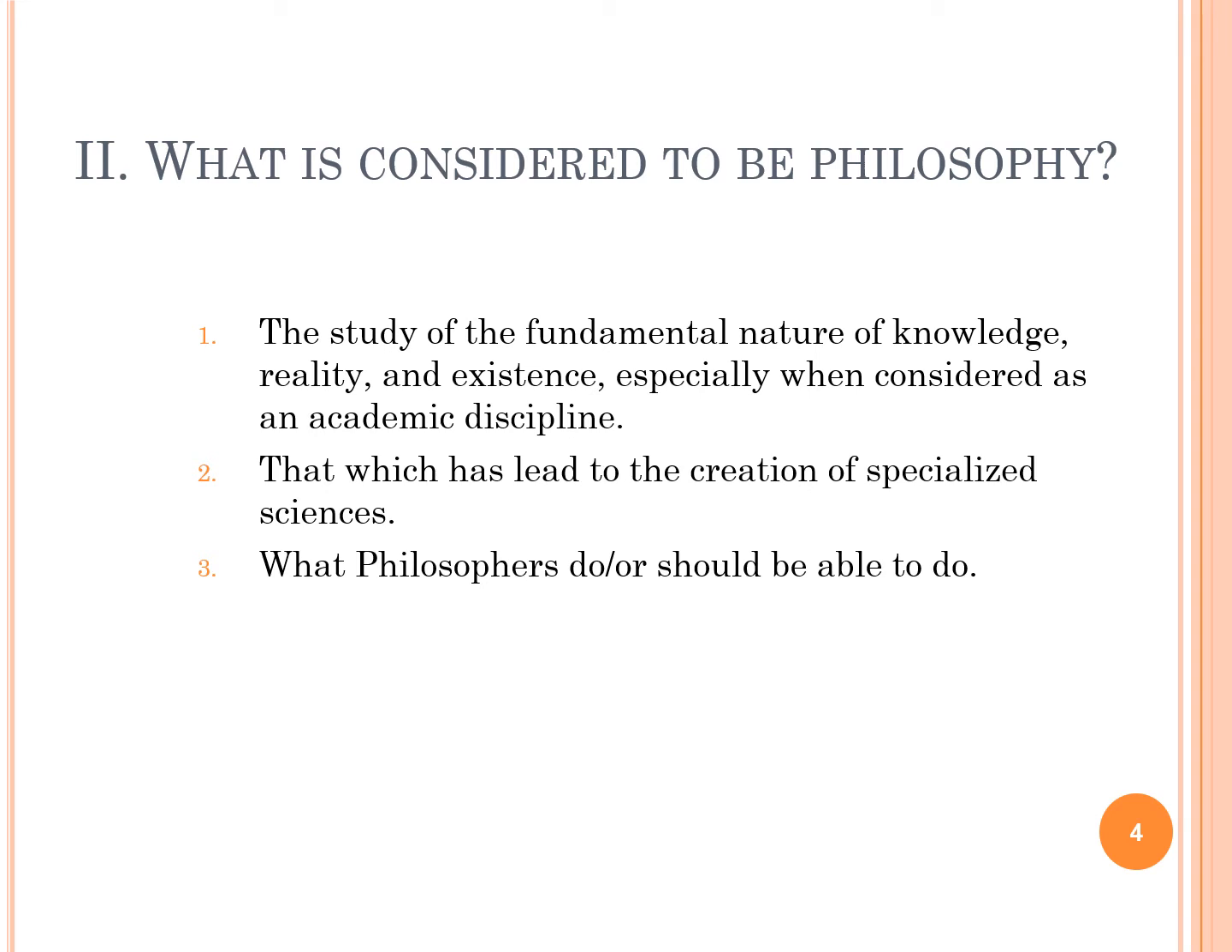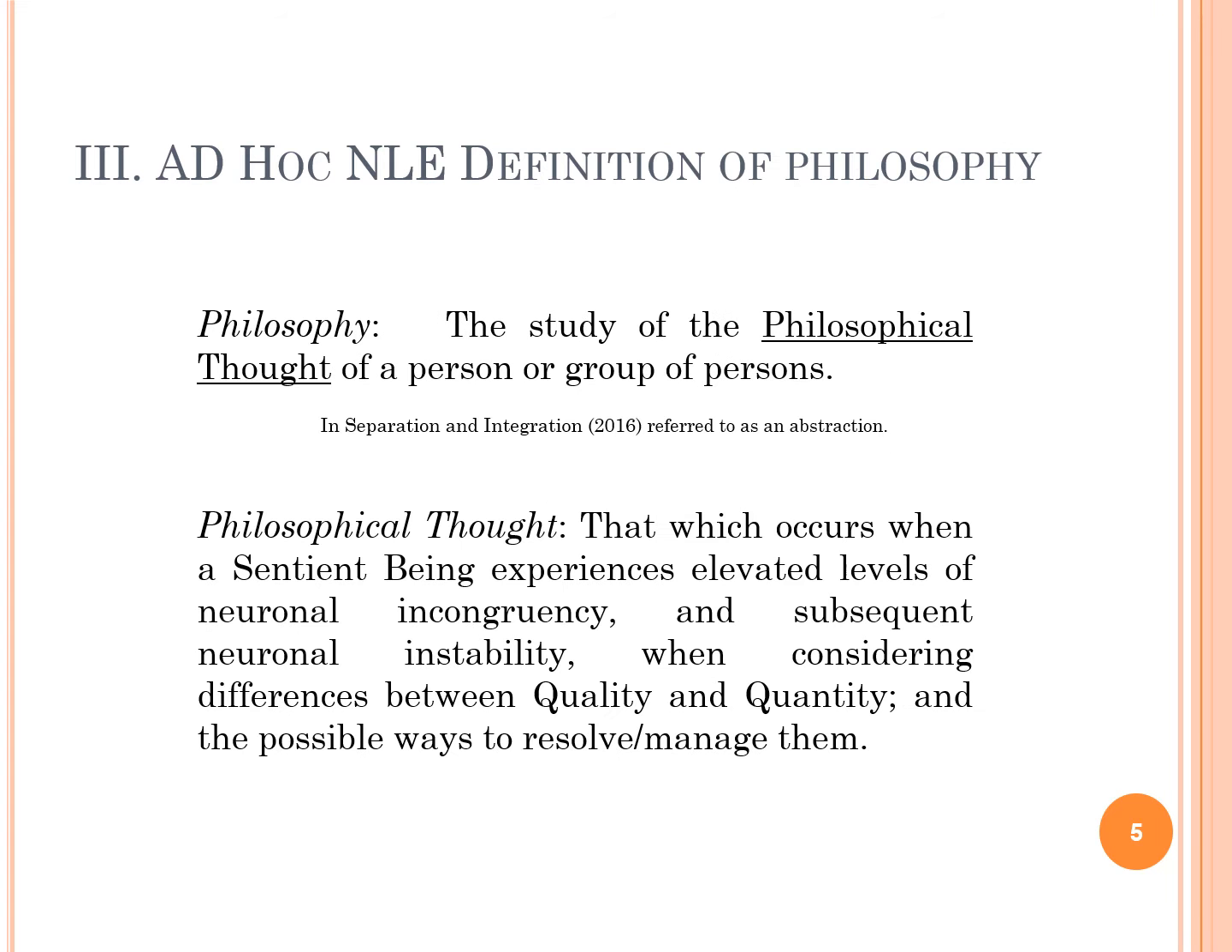Then there's a circular argument, but you can state what philosophers do or should be able to do. So a philosopher philosophizes, but I don't think that's too helpful. So we'll begin here. The ad hoc, nonlinear existential definition of philosophy. It could be said that the study of philosophical thought of a person or groups of persons is philosophy. Then there's a question of what is a philosophical thought. And this is where we get into the heart of